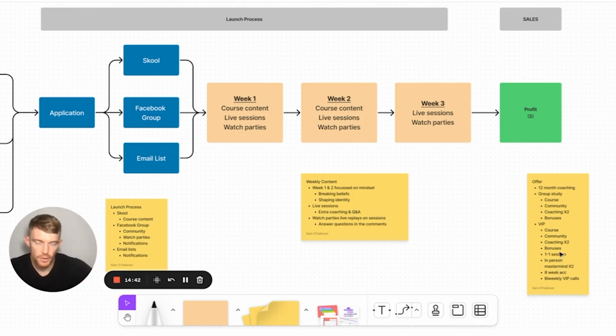So on top of the 2 weekly coaching calls, for the first 8 weeks after you join, you would have an extra 8-week accelerator program, which is essentially just 8 weeks of extra coaching on top of what they're already getting. And then after that 8 weeks finished, you would get a bi-weekly VIP call, which would obviously be more intimate, because with the numbers we're talking about,